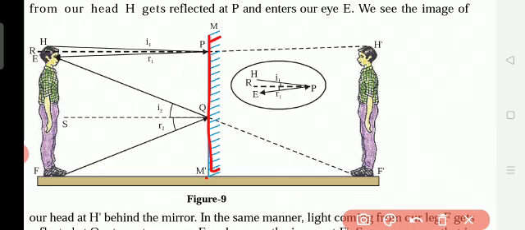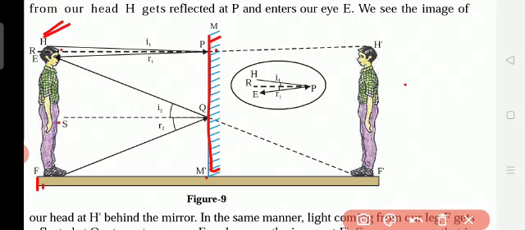Now if you see here, this boy is standing. The height of the boy is from where to where? H and F, this much, for head and feet. So to see this full image in this mirror, what size do we need? Do we need a mirror as tall as we are, or how much size of the mirror do we need? Now we will see. I will explain to you.